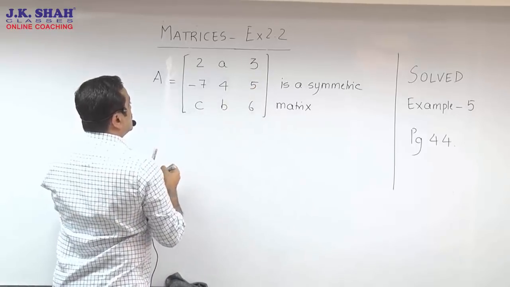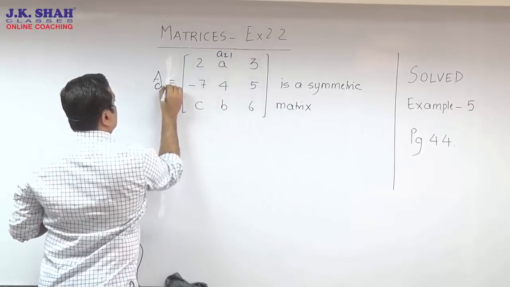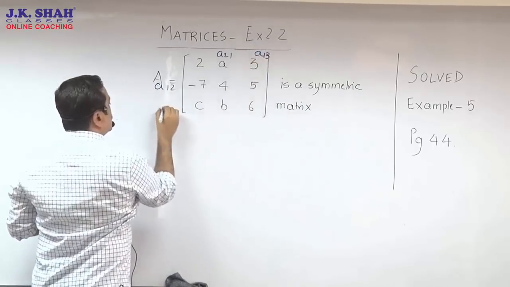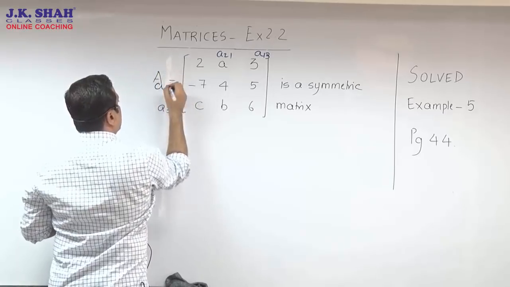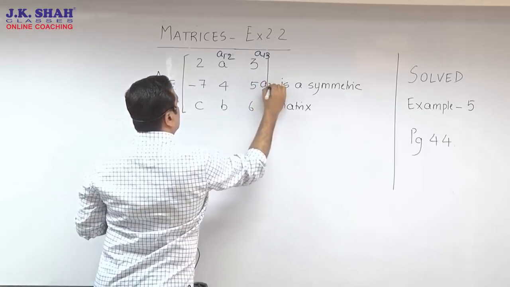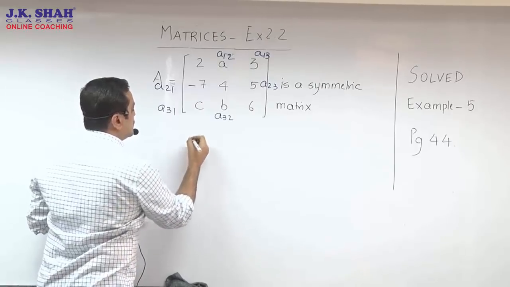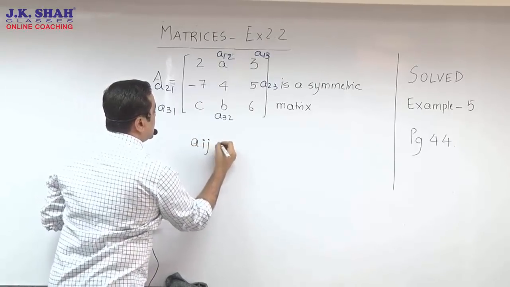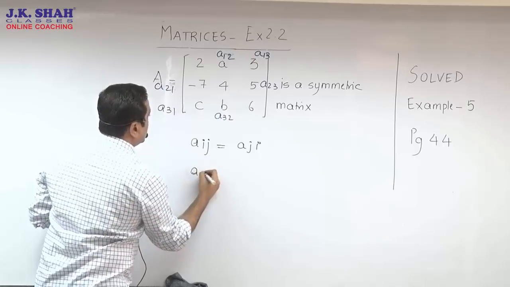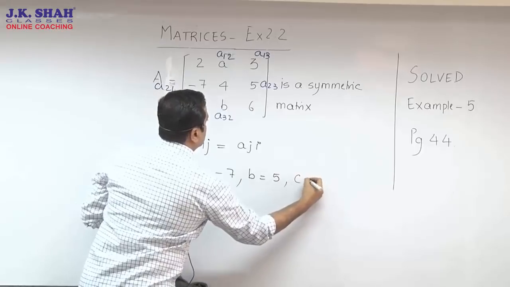In other words, let me be more precise. Your A21 has to be equal to A12. Your A13 has to be equal to A31. I am sorry on that. It's A21 equal to A12. Similarly, your A23 has to be equal to A32. So if you can remember, when the matrix is symmetric, we did say that Aij is equal to Aji. So you mention that, and then you can say therefore the A has to be minus 7, the B has to be 5, and the C has to be 3.